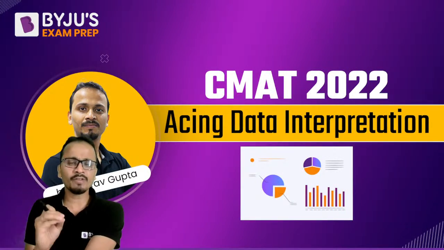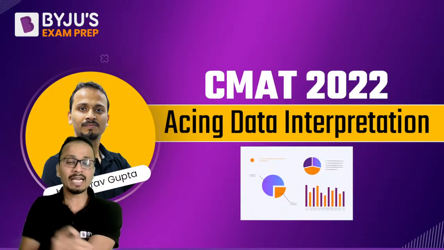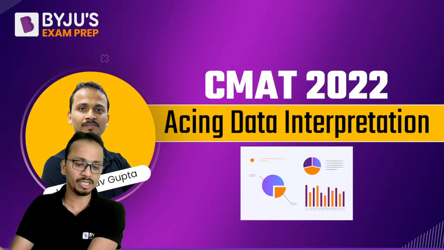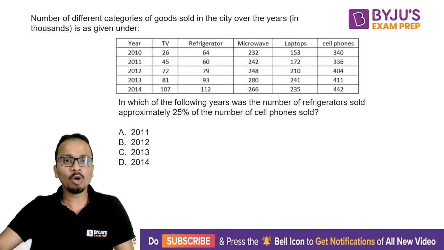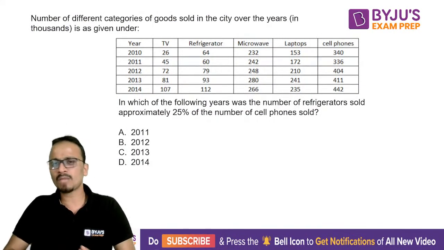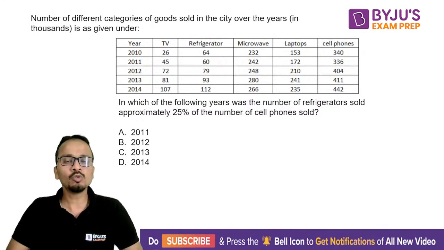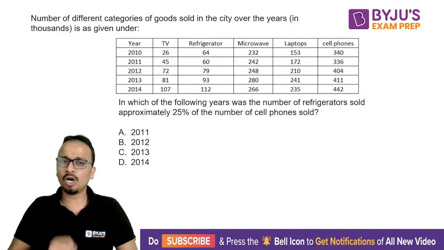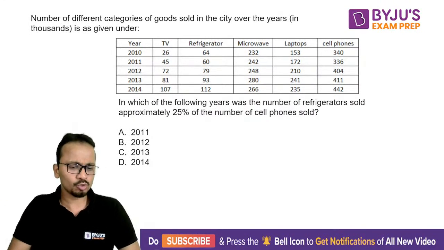So all the questions that we are going to solve today have already appeared in previous year papers of CMAT, and that is why we'll be looking at the actual level of difficulty that comes in the CMAT examination. So the first question is on your screen now. I want all of you to quickly solve this one. Those who are fairly above average in calculations in percentages will be able to solve most of these questions orally. I'll show you how we can manage to solve these questions orally.